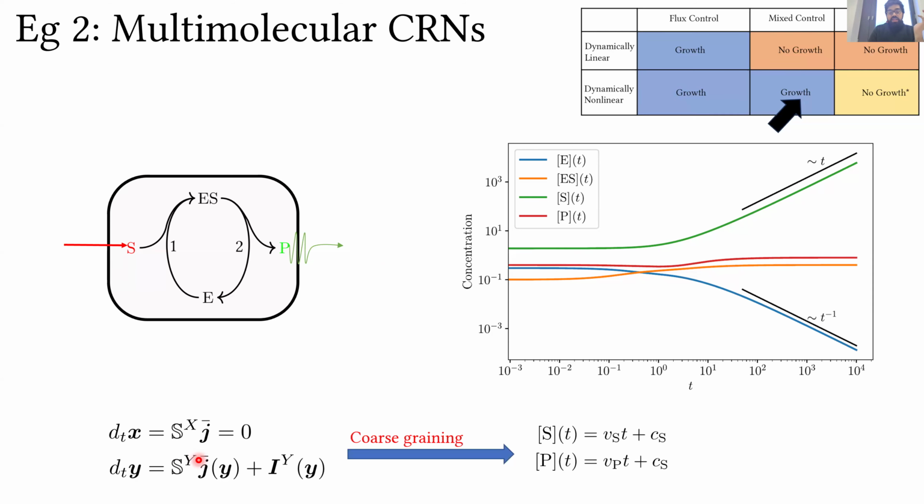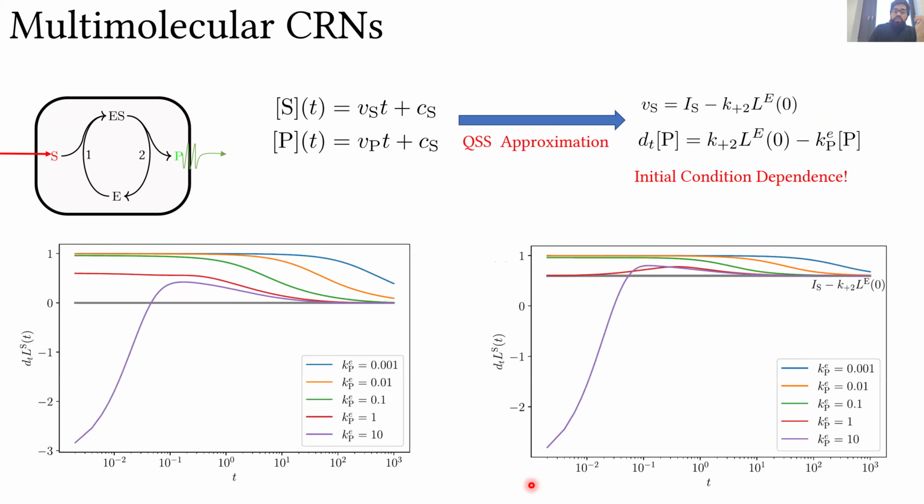Well, here we say that the reactions inside are very, very quick. And so we can assume that the species E and ES are always at a steady state. And then we can coarse grain out to write an effective evolution for S_N. And in that effective evolution, you then ask when can it grow with a linear rate, for example. We chose the linear rate just from being inspired by the simulations. And if you do that,